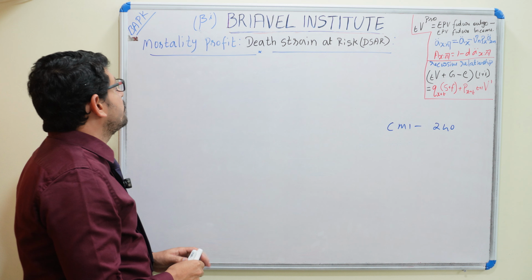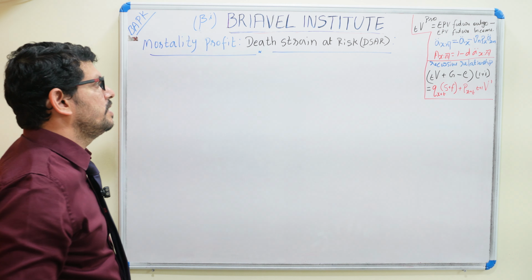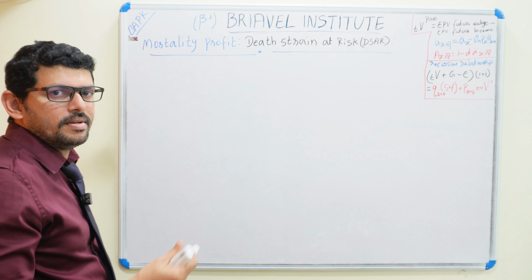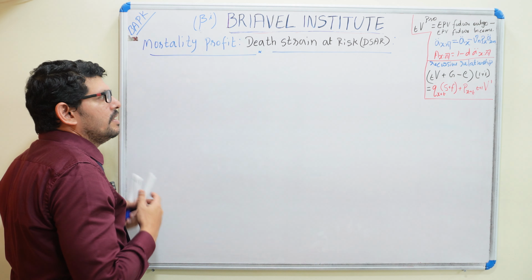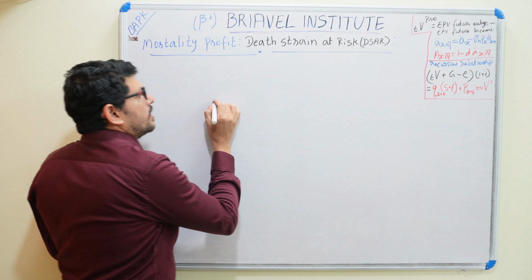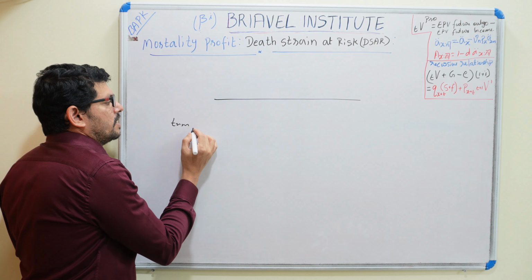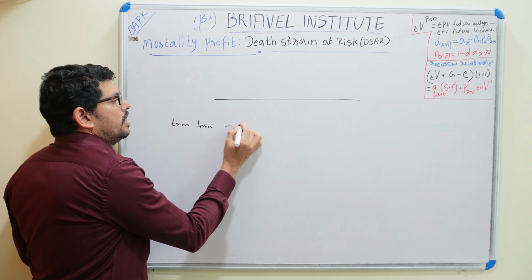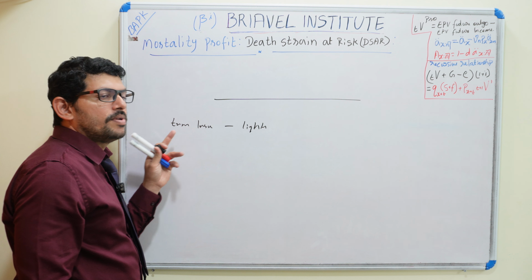So here today we are discussing the mortality profit. So what is the mortality profit? It depends on the mortality rate. For example, in term insurance, the lighter the mortality rate, the better, because in term insurance, we pay